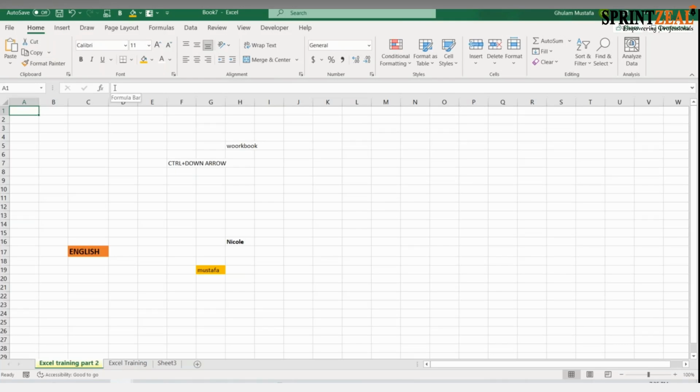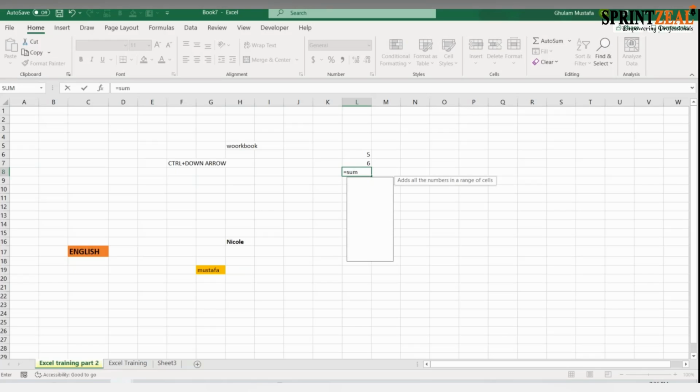This is called the formula bar. Let's say I write some numbers, 5 and 6, two numbers, and I want to add these two numbers. You can see in the formula bar there is only the number at the moment, only 6. But if I want to add two numbers, I will apply a formula. And I know you would know that a formula always starts with an equal sign. Then you will apply any formula. This is very important. First you start with the equal sign, then write the function SUM.